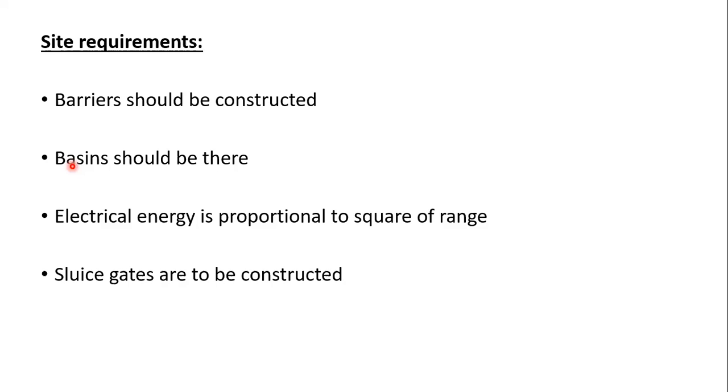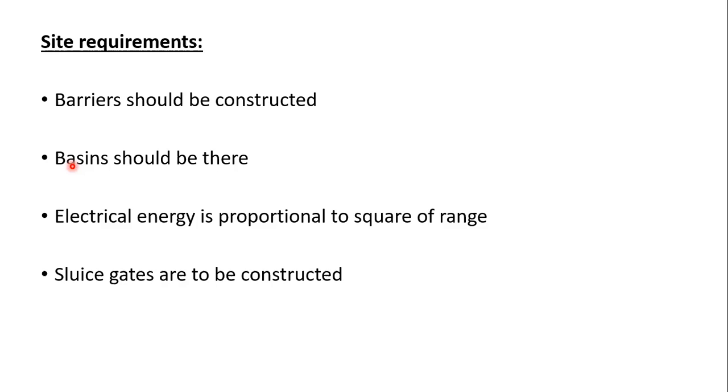And again, the basin will be filled from the oceans during the rising tides. So this is the cyclic process. During the rising tides, the reservoir will be filled, and during the low tides, it will be emptied. So in each case we have discussed, the maximum amount of electrical energy generated will depend upon the product of tidal range R and the mass, or nothing but the volume, of water flowing through the turbines.